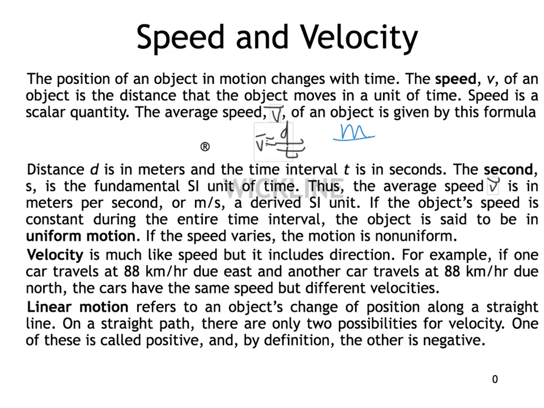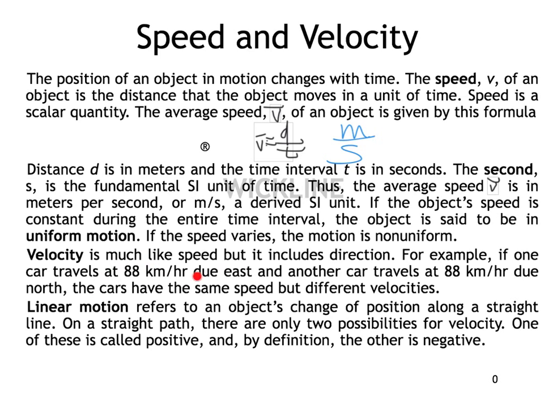I'll write that in. And just know that if that speed does not change over the course of time, if that speed remains constant, we would refer to that kind of motion as uniform motion. But if the speed does change and the object accelerates, then we would call that non-uniform motion. Velocity and speed are very similar. For instance, you could have two cars